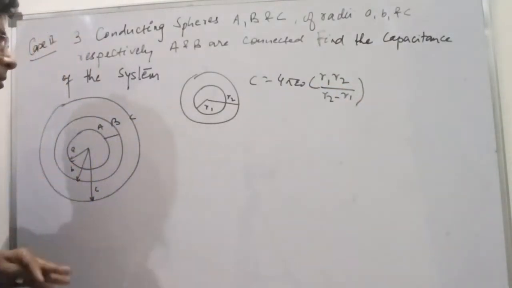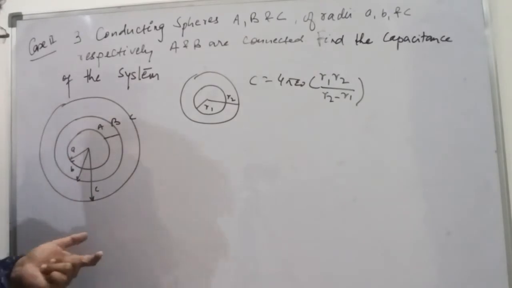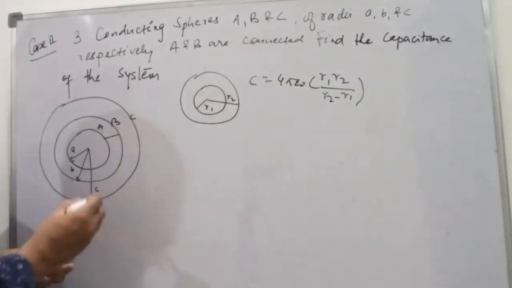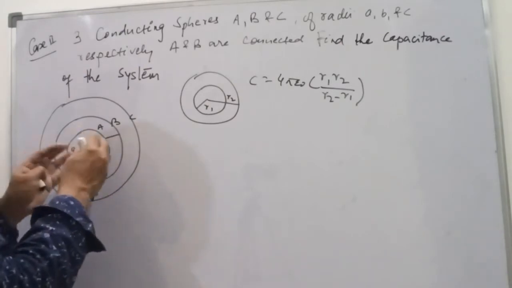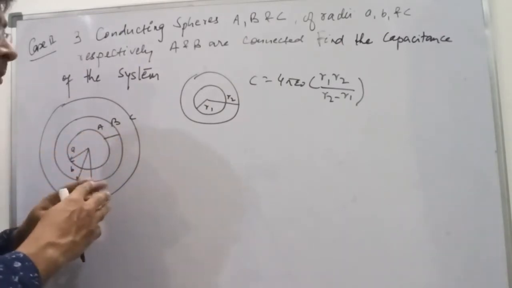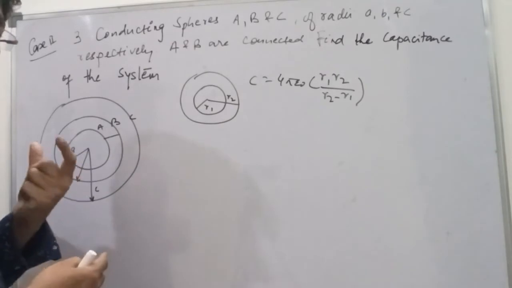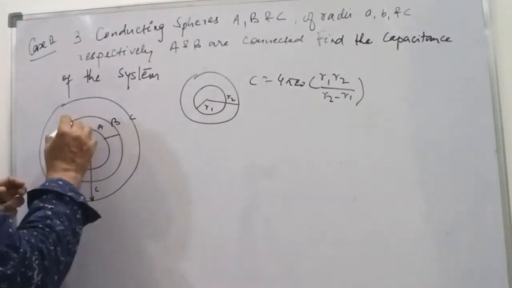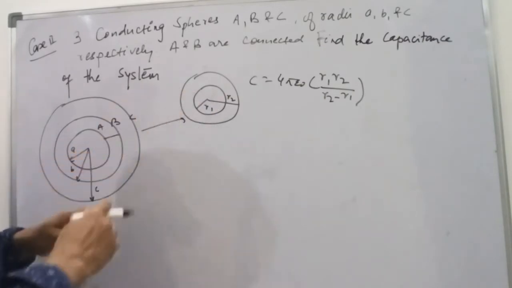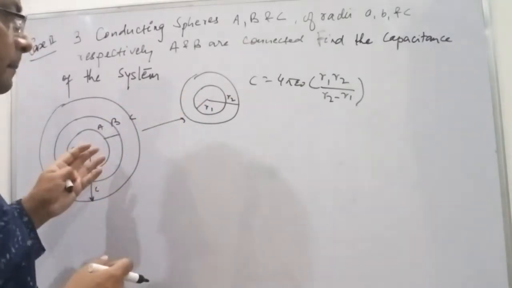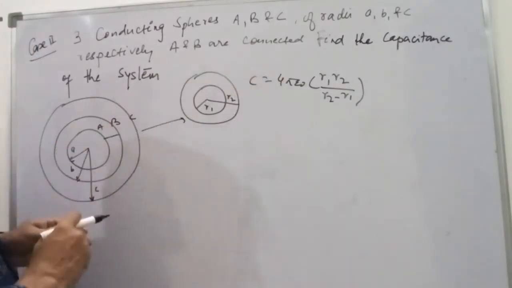When we are talking about this, since it involves three spheres, it's very easy now because A and B are just joined. When two metal plates or two metal spheres are joined, they behave as a single entity. So we are thinking about B only and C only. It is converted into these two things, so we can simply apply this formula.